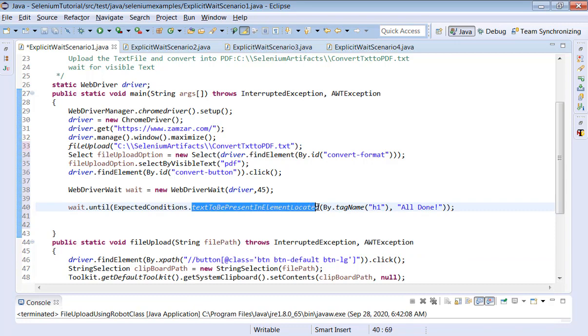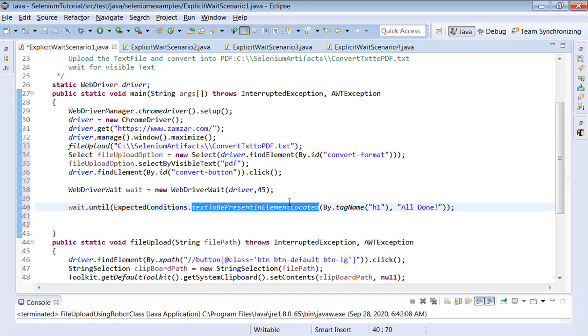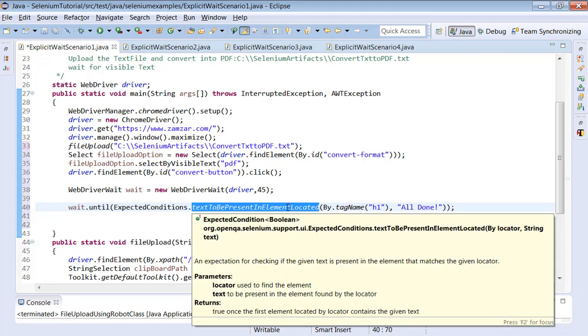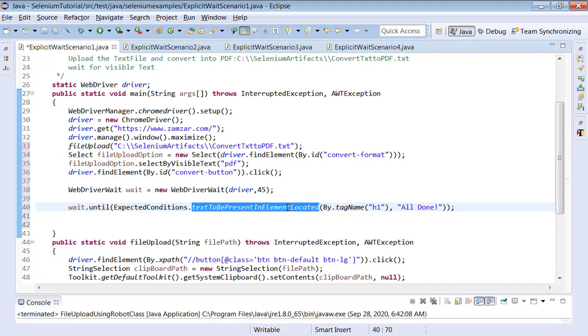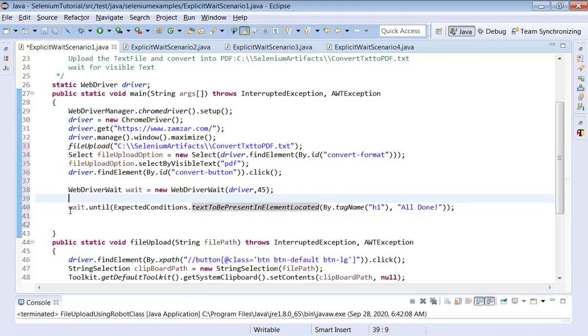And when you try to validate the text, what is the outcome of this method? Select this method. Place a mouse over on this method. When you select this method and place a mouse over, it shows clearly that it is returning a boolean. Let me place a mouse over again one more time. It is returning a boolean as a response. So now let's create an object, the boolean result.